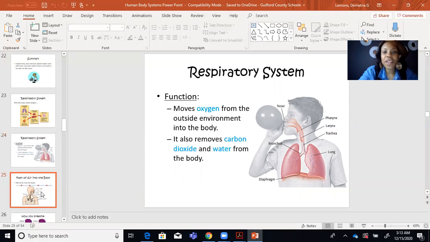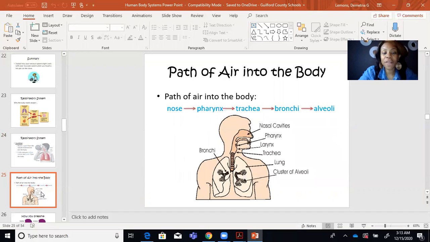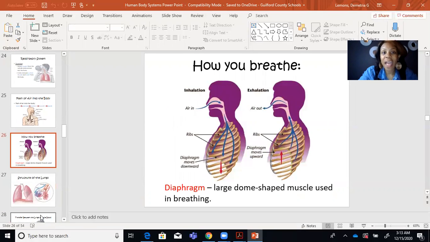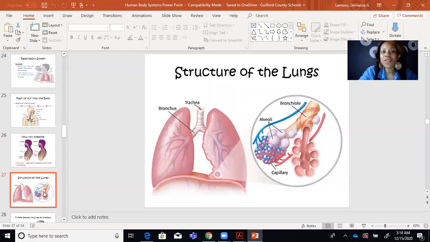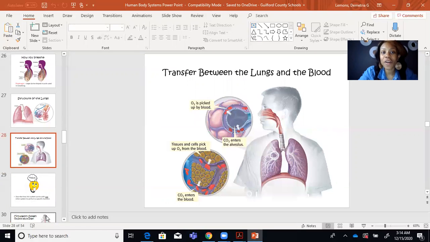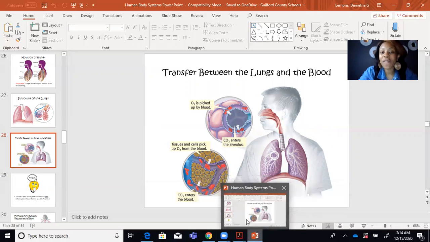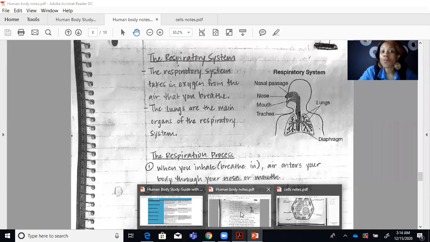If you look at your PowerPoint this week, it will give you the directions and the flow of how air moves in and out of your body. How do you breathe? How do you inhale? How do you exhale? It's also going to talk to you about the structure of your lungs. Please take some time to go through that PowerPoint so you can see a visual of how the amazing respiratory